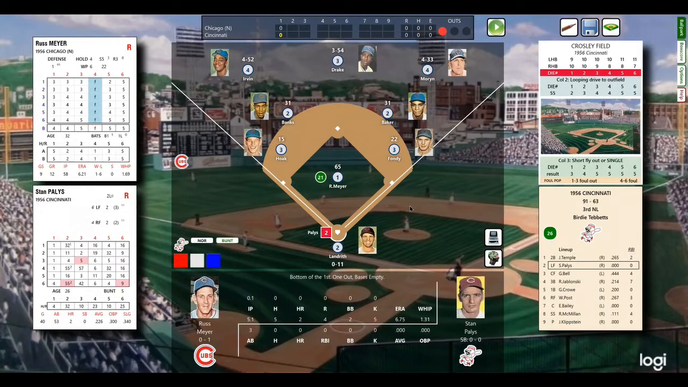That brings up Stan Palas. Batted .226 with 2 home runs in '56. He is yet to have a plate appearance in this replay. Well, excuse me, he had 3 at-bats, yet to have a hit, as